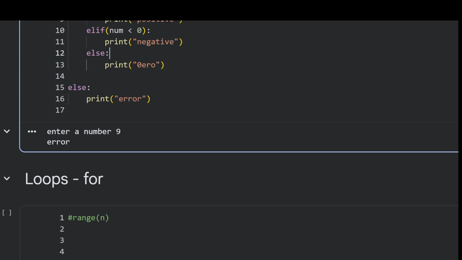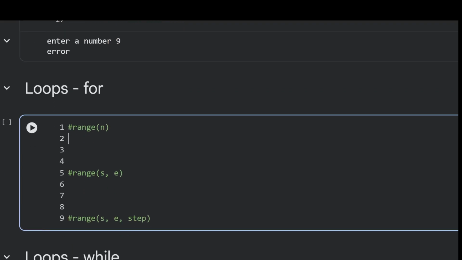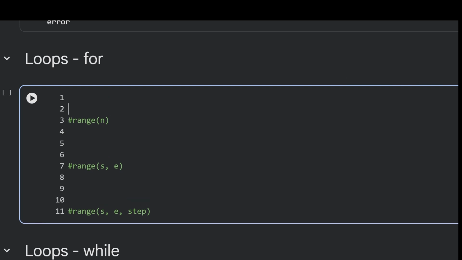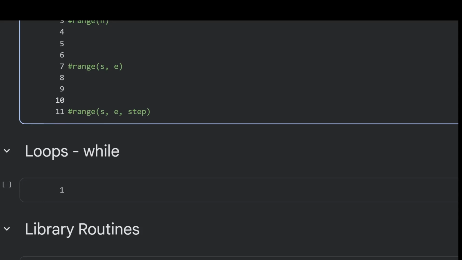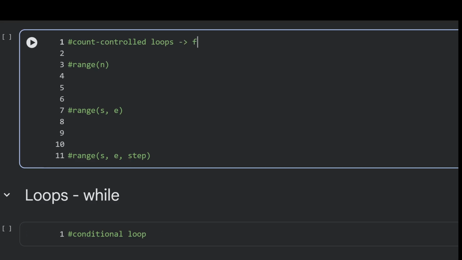All right, then the next part is for loops. So we have two types of loops in Python. We have for loops and we have while loops. So for loops are the count control loop, and then while loop is the conditional loop in Python. That means it runs as long as the condition is being met, and then count control loops for a fixed number of times,